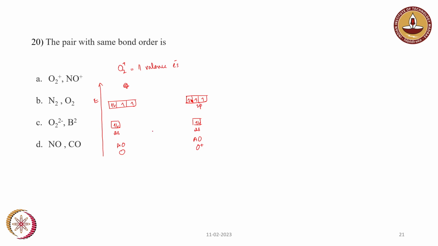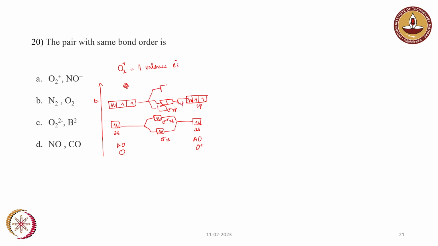So these two form sigma 2s, sigma star 2s, and these will be sigma 2p and pi 2p,